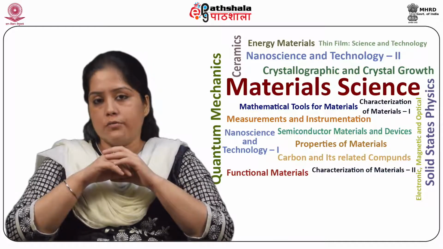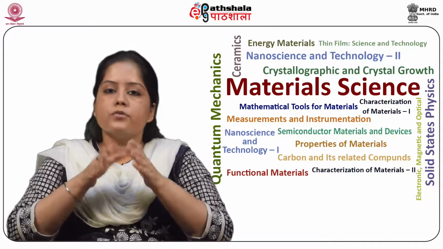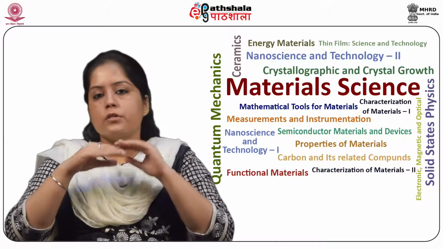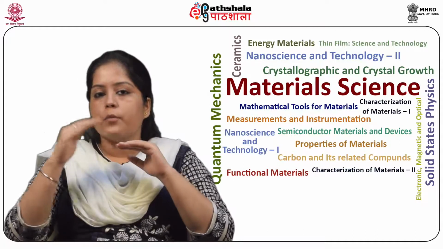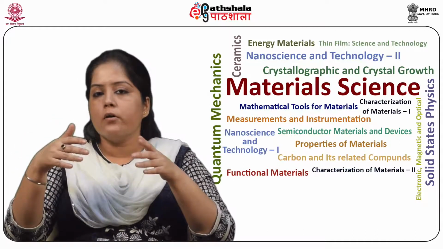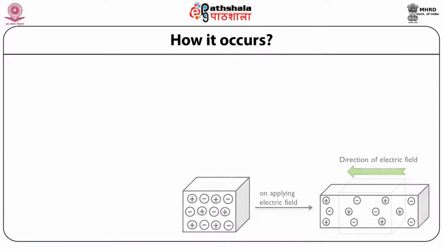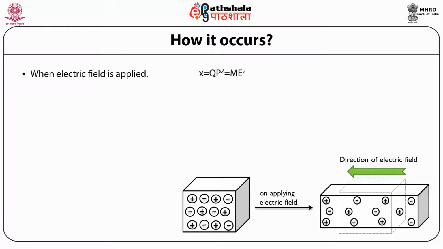Unlike the piezoelectric effect, electrostriction describes the phenomenon in which the strain varies proportional to the square of the electric field or the polarization. So now students, let us discuss how this electrostrictive effect occurs. When an electric field is applied, the electrostrictive strain response can be written as